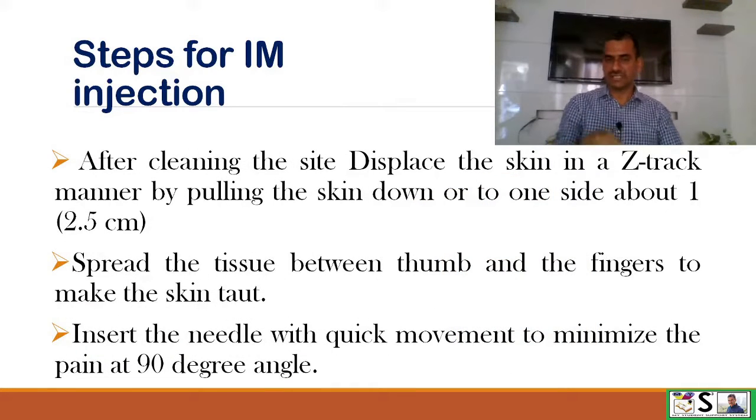We have selected the site, now we clean the site. Now displace the skin slightly in a Z-track manner by pulling the skin down or to one side about 1 inch or 2.5 centimeters. Spread the tissue between the thumb and fingers to make the skin taut and insert the needle with a quick movement of the wrist in this way so that the pain is minimized. Here keep in mind a 90-degree angle